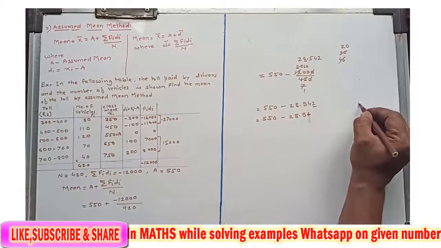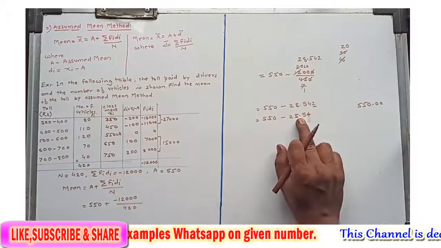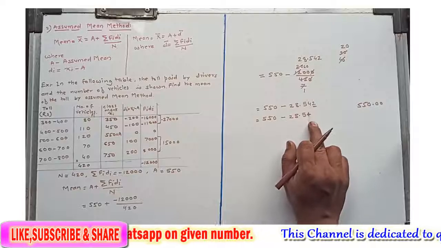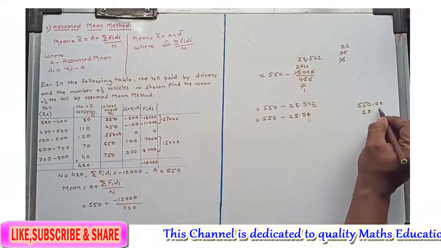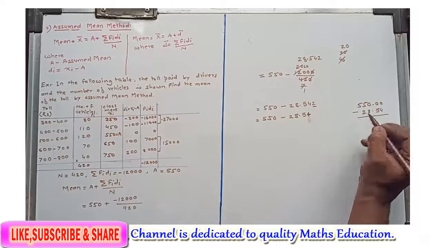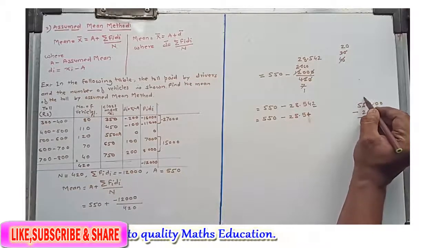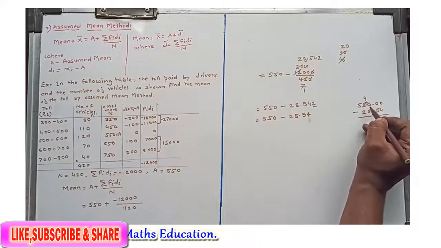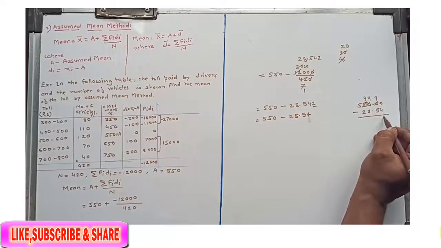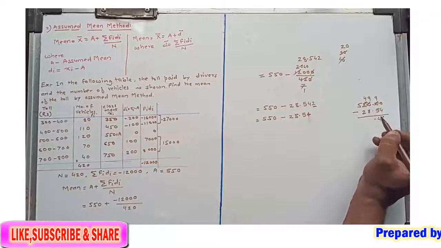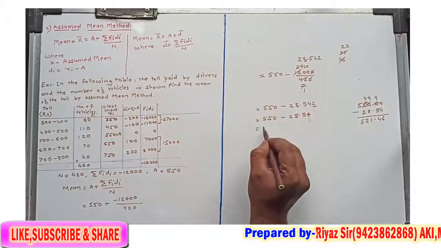Okay, now take the subtraction. So 550.00, because in the first number there is no decimal point, in the second number there is a decimal point with 2 digits after it, so we take 2 zeros after the decimal, and here it will be 28.54. Now 0 minus 4 not possible, take borrow, now here there is 5, so from 5 we take borrow 1. Here 10 comes, here 9 left, here 10 comes, here 9 left, here 10 comes, 10 minus 4, that is 6, 9 minus 5, that is 4, decimal point, 9 minus 8 is 1, 4 minus 2 is 2, and this 5 as it is.